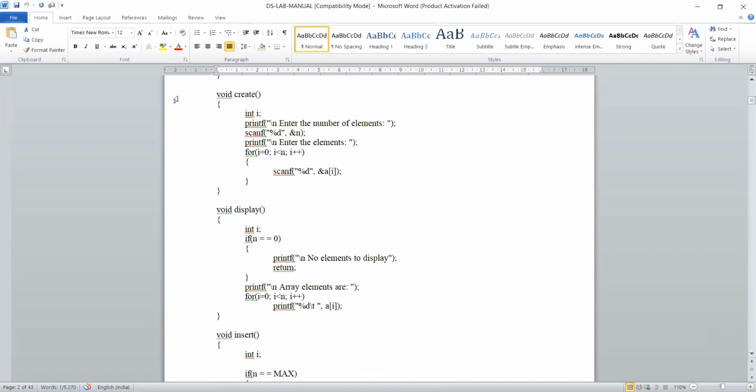So this is the function definition. We are defining the create function here, display function here. Likewise, insert function and other functions also you are defining here. So once the function is being called in the main program, this particular function will be invoked, or the operating system will execute this function.